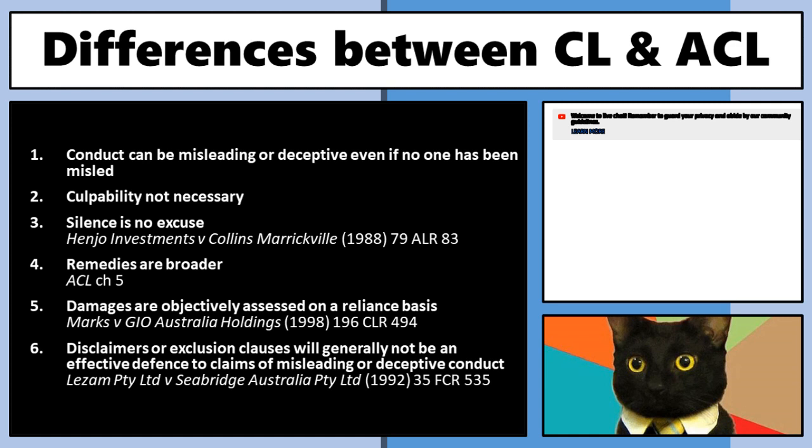disclaimers. Generally, you can't use disclaimers to try and thwart Section 18. It's an act of Parliament. Section 18 is going to apply whether you put a term in your contract or not. It's not like the Sale of Goods Act that says, oh, if you don't like these, then just put, by prior agreement. If no prior agreement, these apply. No. Australian consumer law says this is going to apply. Section 18 is going to apply to all sales in trade and commerce. And there's nothing you can do about it.